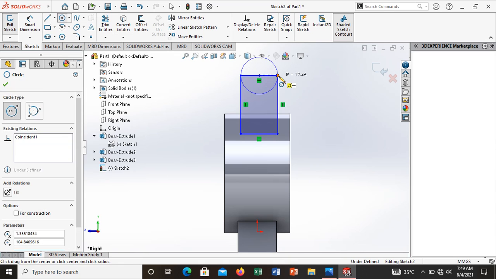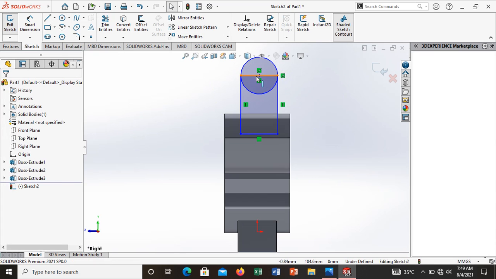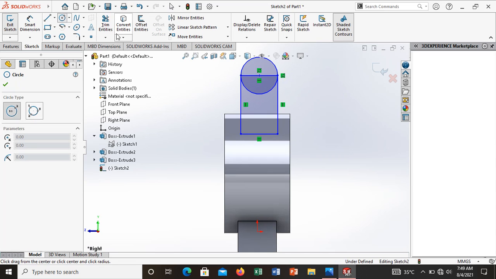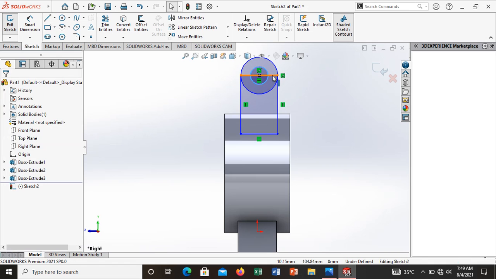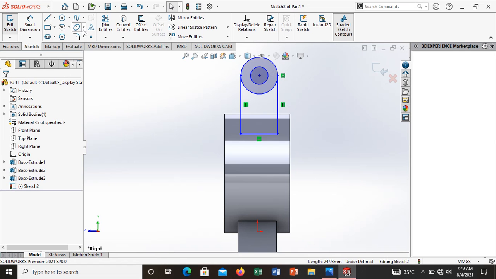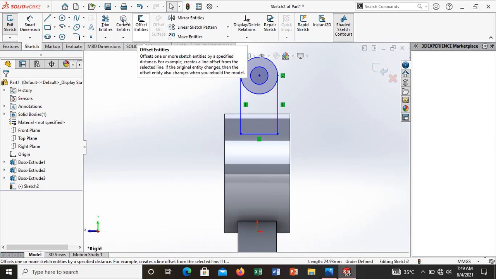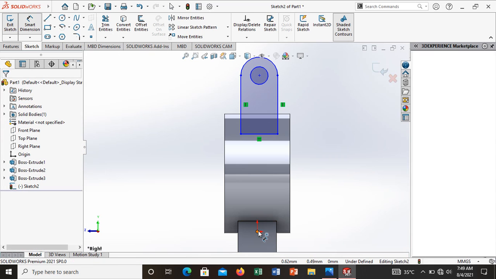Okay, it's enough. And one more circle is to be drawn. Select the circle command and select here. Okay, fine. And trim or delete this line. Okay, fine, it's completed. And trim these entities. Okay, and give the dimensions from center to edge. First to position it, make this dimension.